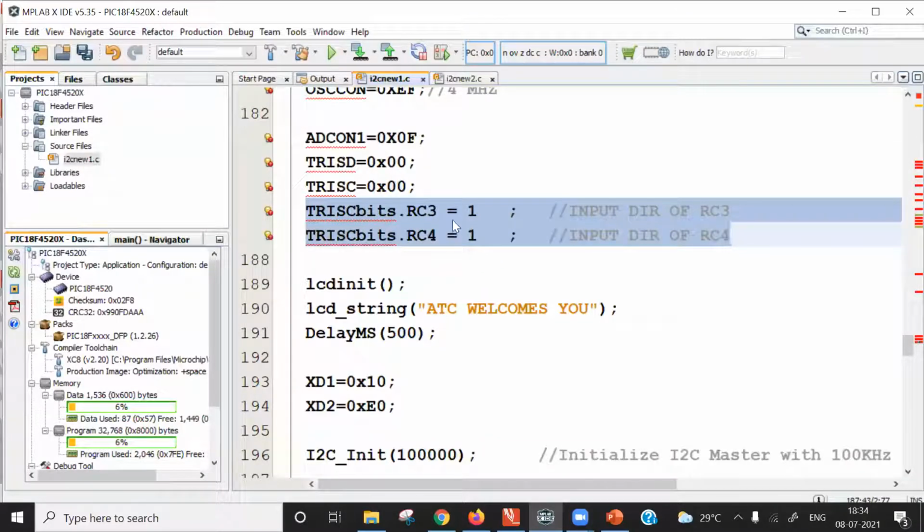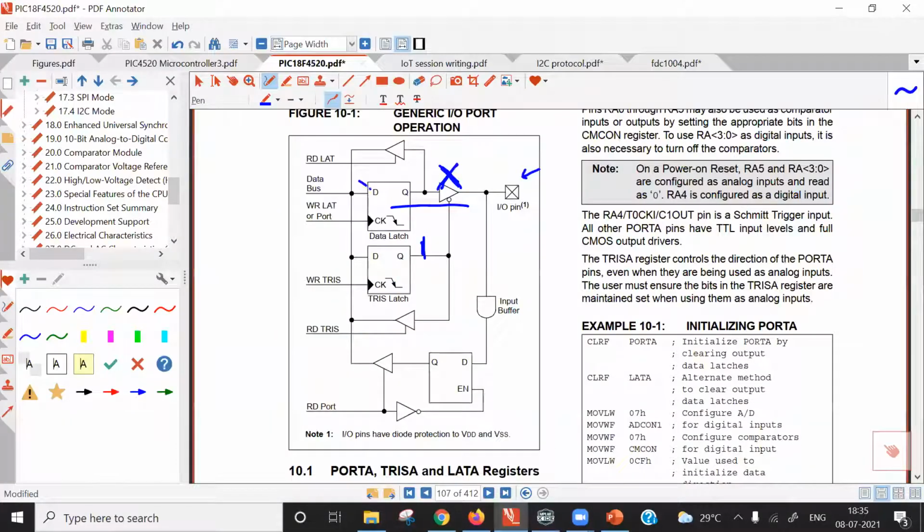The purpose of making this bit 1 is to disconnect the data latch on the port. This data latch we want to disconnect, and that is done by making the corresponding trace bit equal to 1. So when this bit is 1, this buffer gets disabled, and the data latch gets disconnected from the IO pin. Here the I2C hardware is not shown.